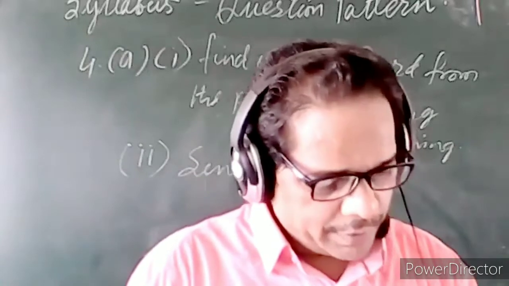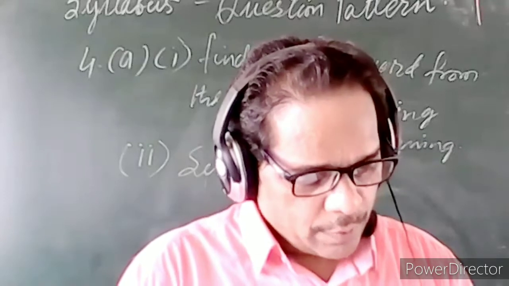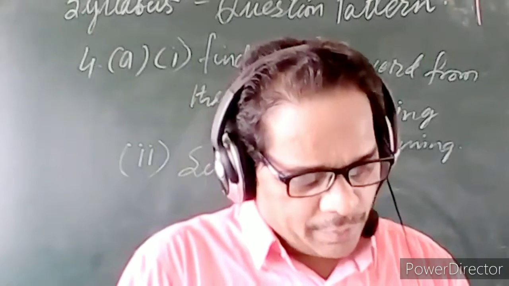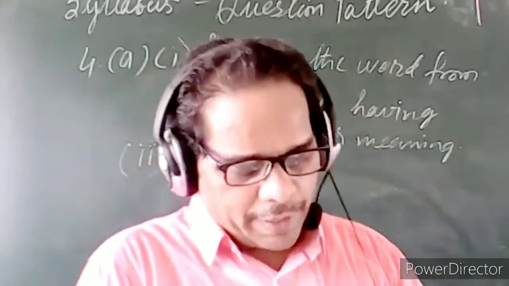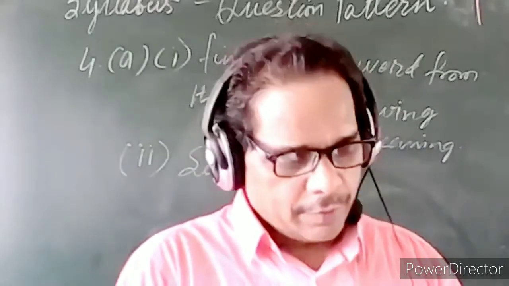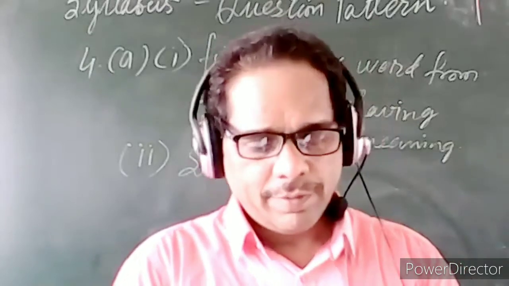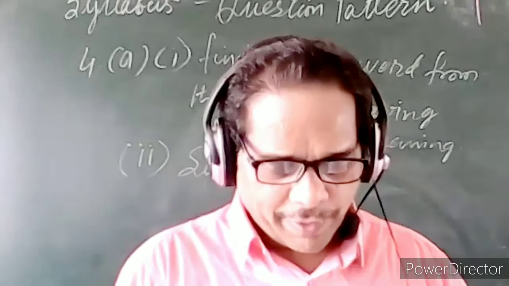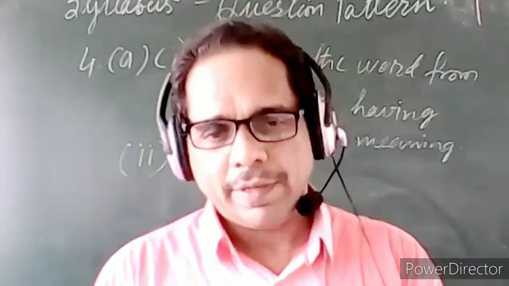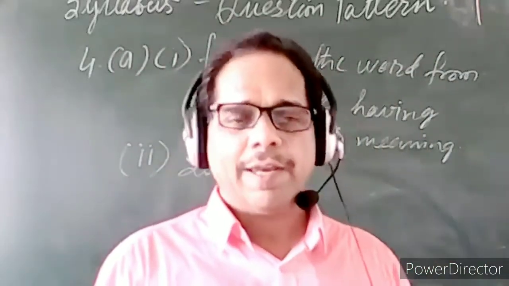Look at question number 26, page number 26. Question number A2. For each of the words given below, write a sentence of at least 10 words using the same word unchanged in form but with a different meaning from that which it carries in the passage. So they will give you the word company. Where is it given? It's given in line 1. Turn back to the previous page, page number 1. First line, company is underlined also. So they will not only give you the line, they will also underline the word.